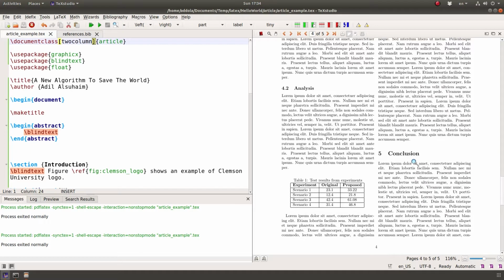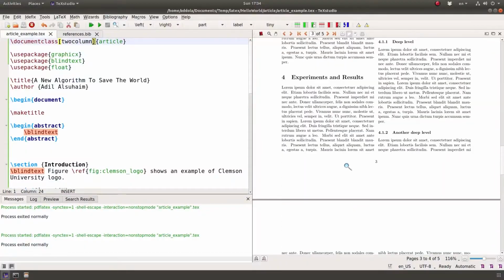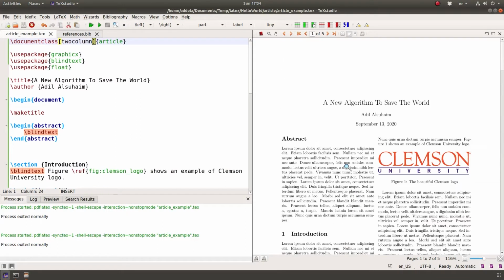So here's one of the main reasons why you want to use LaTeX. First, the documents look beautiful and very nicely aligned with the paragraph. And you can't get that easily with things like Microsoft Word. You can also separate document design from document content.